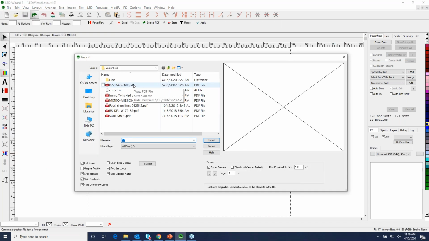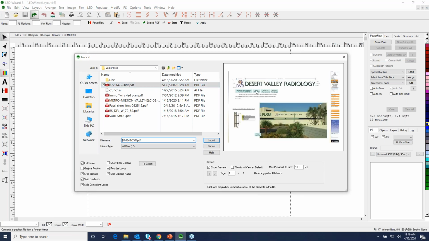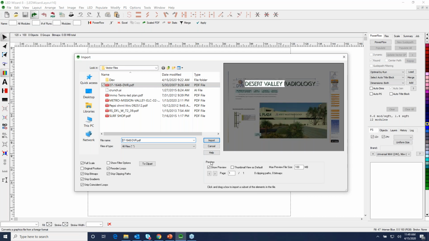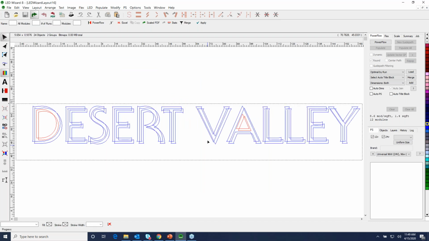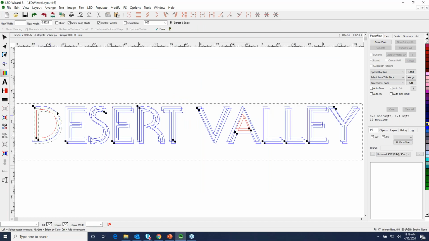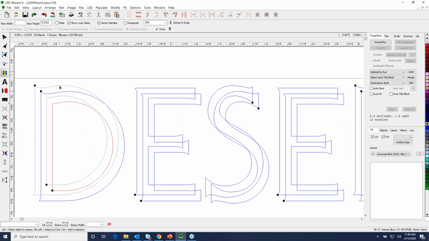So let's look at what I think is the last one, and that's this Desert Valley radiology. And I'll just click on the Desert Valley part. And what I wanted to show on this one is that you can select by color. And if you remember, the lettering was green and it had a black drop shadow. Now, if I just want to go in here and select all of the green objects, then I would hold the Alt key and click on,